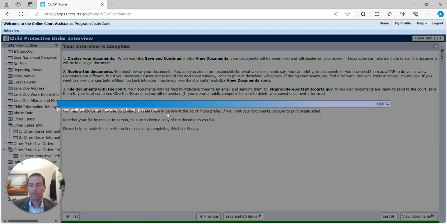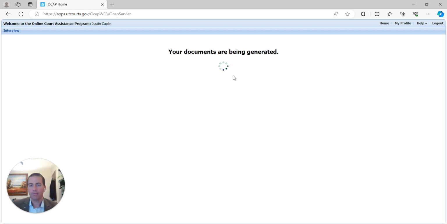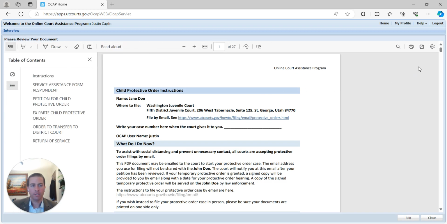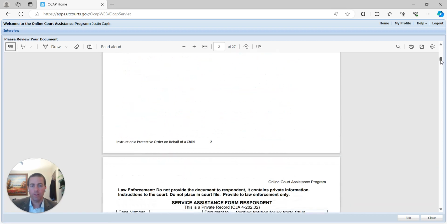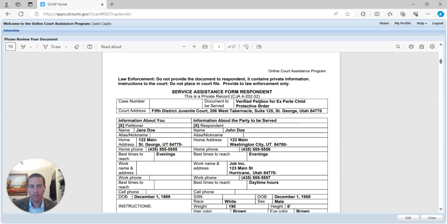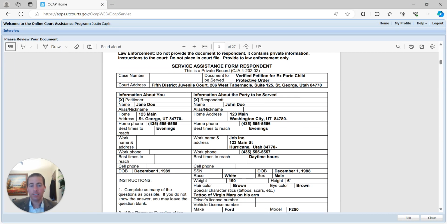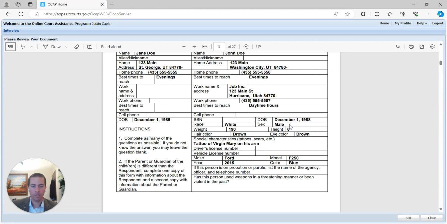Okay, so this is going to put it out as a PDF, or at least in a format that can be downloaded as a PDF. And so usually what I'll do is I'll save it and review it. If my client's filling this out, I'll often ask for the login information, and I'll go in myself and review what they've put in there. I like to look, because then you can see what's populated based on the first stuff about where I live and information about the party being served, and you see race, white, male, 6 feet, 190, brown hair, brown eyes, tattoo of Virgin Mary,